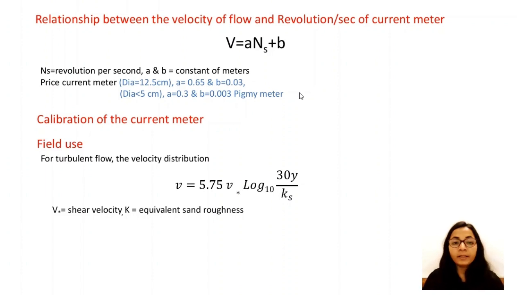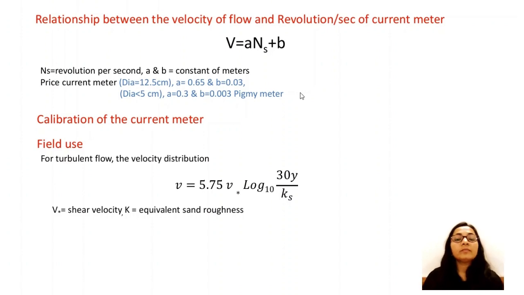In the towing tank, the water will be in a stable condition, and we tow the current meter at some velocity, at different speeds. According to the speed, on the basis of the linear relationship we get, we calibrate the current meter. And in India the current meters are calibrated at two places: one is the Indian Institute of Technology Madras and another is the Central Water and Power Research Station,